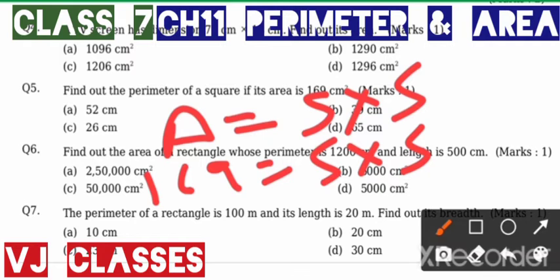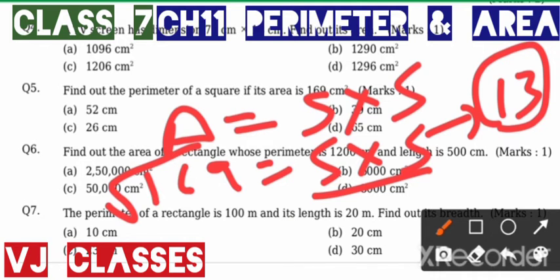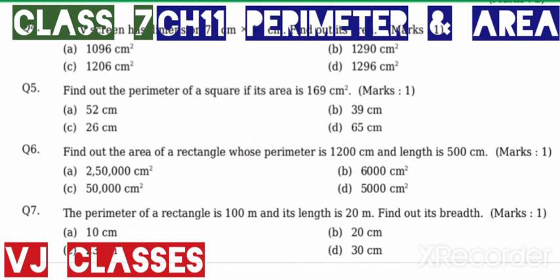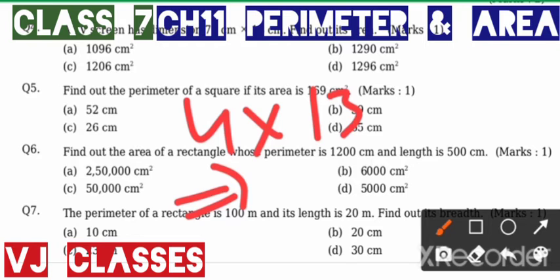So two sides multiply will provide 169. So side is equal to 13, or directly you can say that square root of 169 is what? That is 13. So 13 is one side of a square, and perimeter you have to find. Perimeter how to find? Side into 4, 4 into side, and side is 13, and 13 we are getting by square root of 169. So 13, 4 fives are 52. So answer A is correct. Fine.